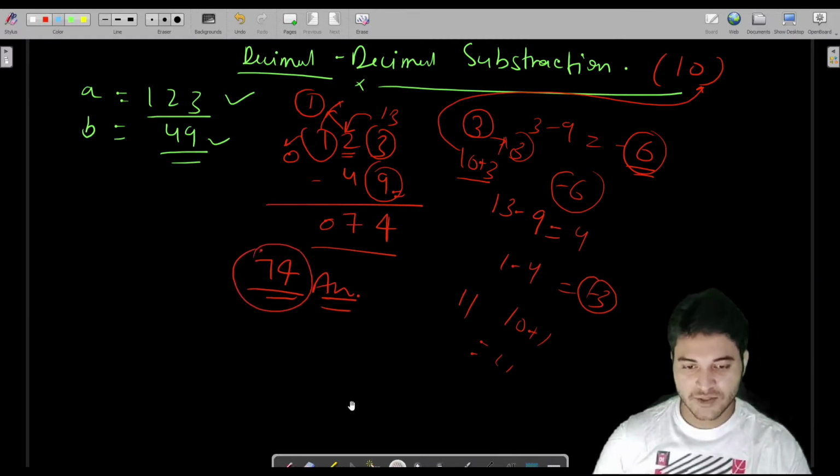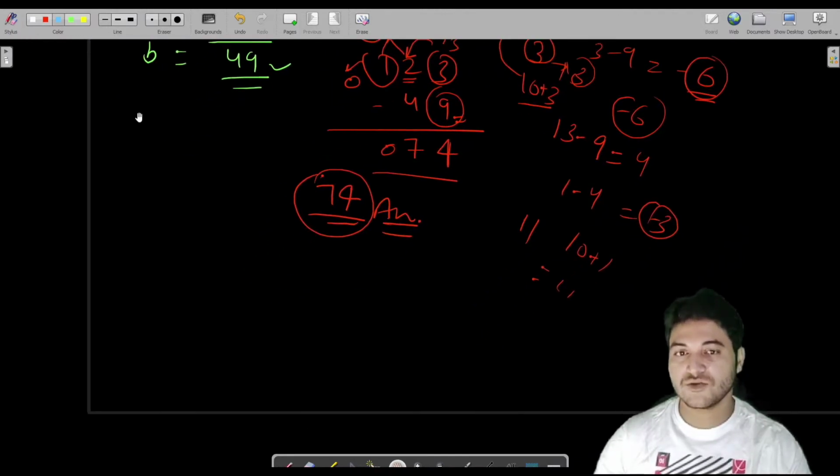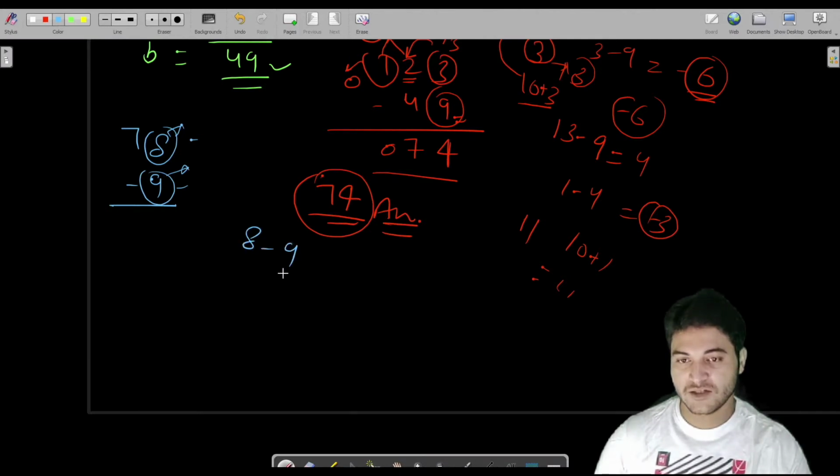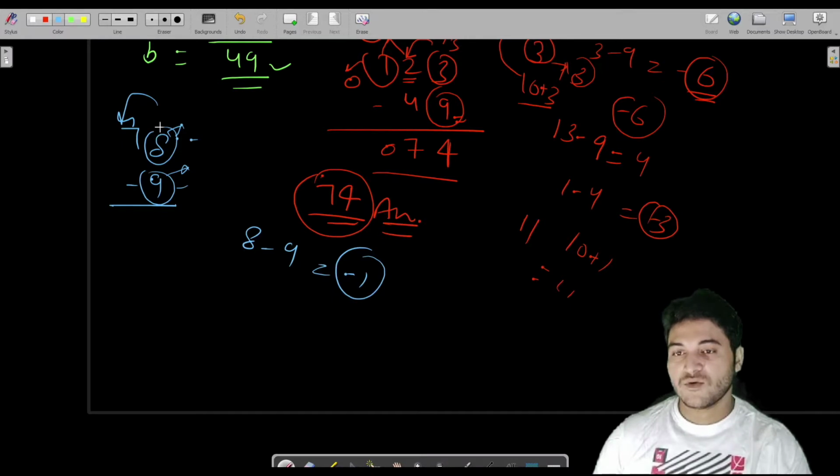Fine. So let me explain once more so that you should not have any confusion. So let us say 78 and 9. We have to subtract this from this. So we would pick this digit and we would put this digit. Fine. So 8 minus 9 is minus 1. That means we are getting our result in negative. So if we are getting our result in negative, then we have to take borrow from here, and we have to add 10 into this, because in our first video of number system, what I explained to you, this digit is 10 times greater than this digit.